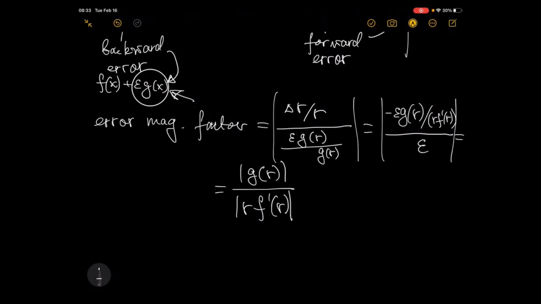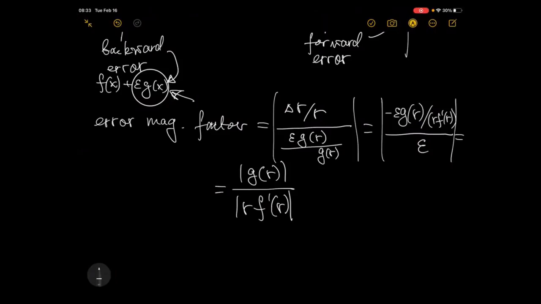Because a small error of the input data is inevitably there, because of the finite precision of representation of floating point numbers, or, for example, because this data was measured, and we always do measurements with some finite accuracy, right? But then if the error magnification factor is large, it means that this small error on input can be magnified